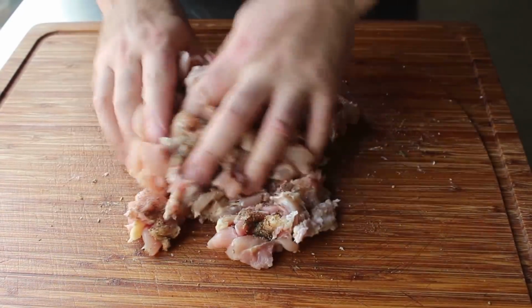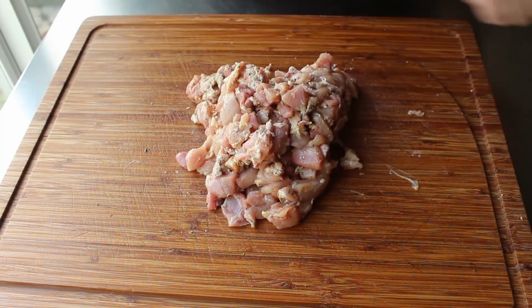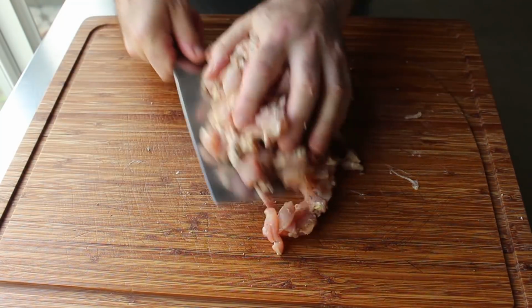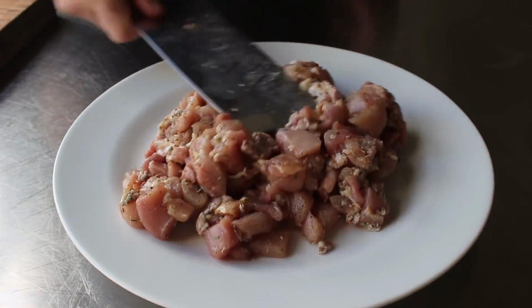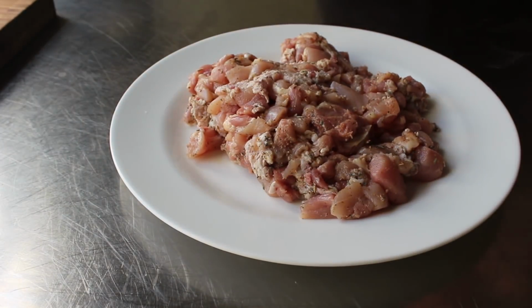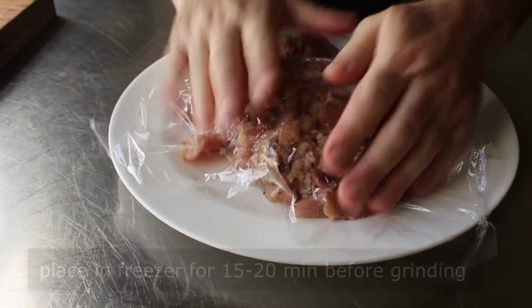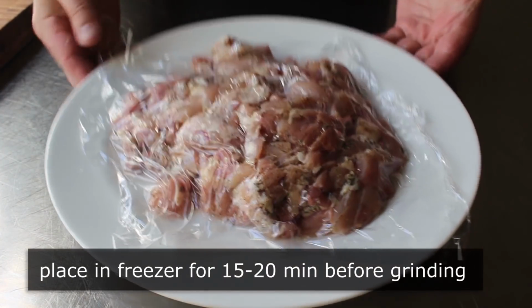Because what we're going to do before we grind this is cover that and pop it in the freezer for about 15 or 20 minutes until it's basically about half frozen. And that's another trick that's really going to improve the texture. Okay, if we process that meat when it's too warm, it's going to get pasty and be kind of rubbery and tough in the final product. So we'll go ahead and cover that and pop it in the freezer and move on to the last major